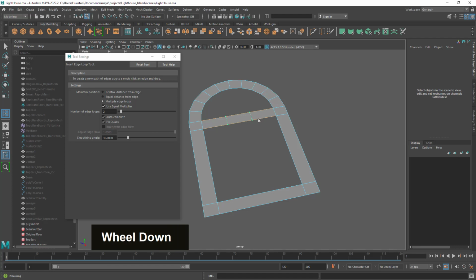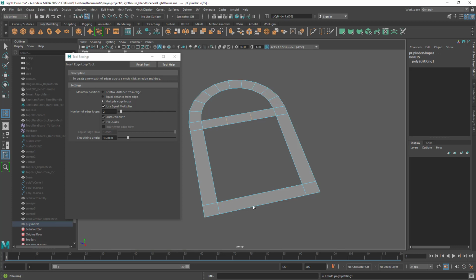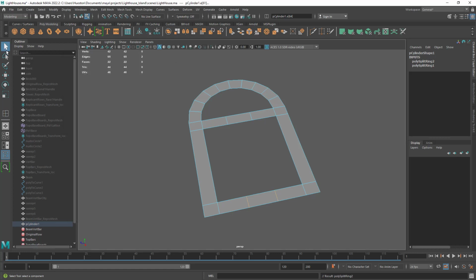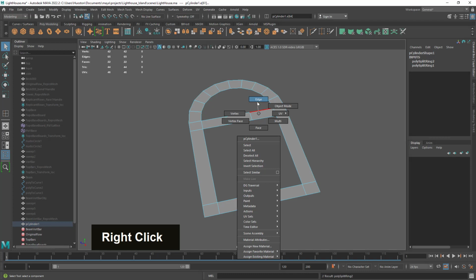Okay. In Blender, the way to work with this is more practical because you insert the edge loop and you can use the mouse up and down to insert even more edges. This is not the case here, okay? So you just have to click and we have 2, and click here and we have 2, and that's it. So my recommendation is, the tool is still active, as you can see by this icon here. You just have to click on reset tool, because the next time you use this tool, you can go to the options and change it if you want. Reset the tool, close the window,